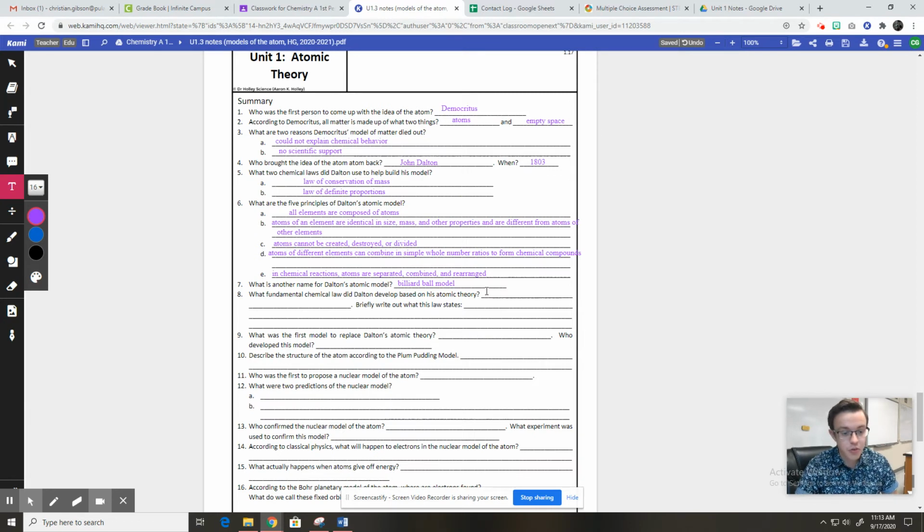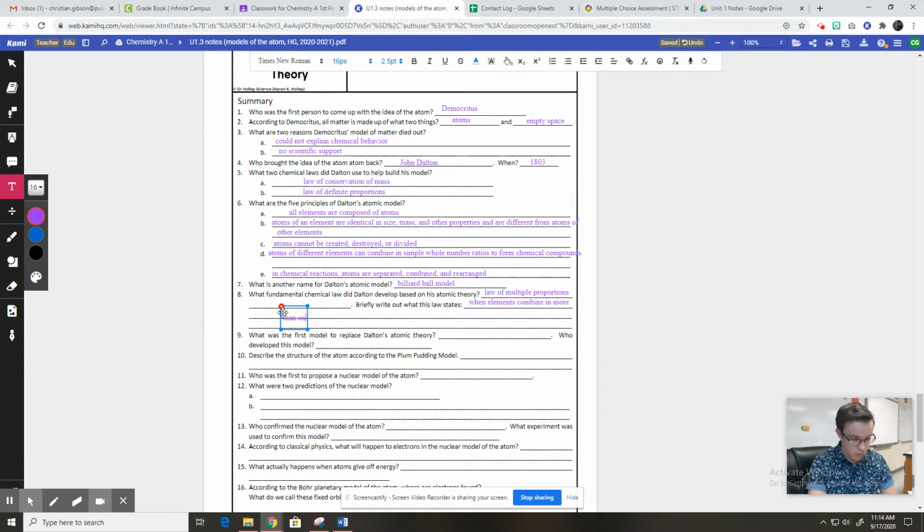Okay, so what fundamental chemical law did Dalton develop based on this theory? He developed the law of multiple proportions, and this is going a little bit deeper than what you will need for the test, but that's okay. Nothing wrong with learning a little bit extra. And the law of multiple proportions just states that when elements combine in more than one proportion